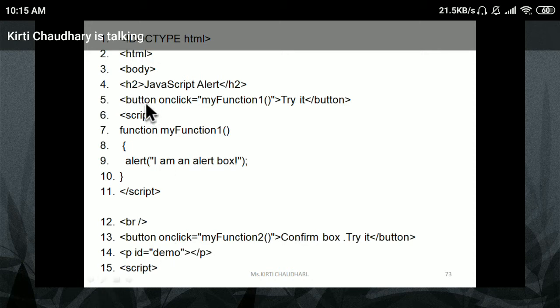Button onclick, myFunction1. So the function myFunction1 is called and the message you will get here is: I am an alert box. So that is the first function. When the user will click,